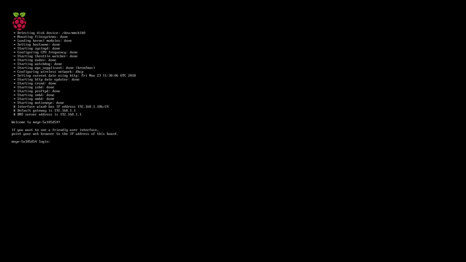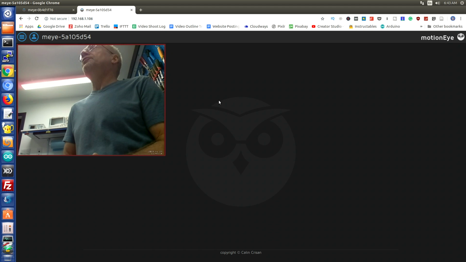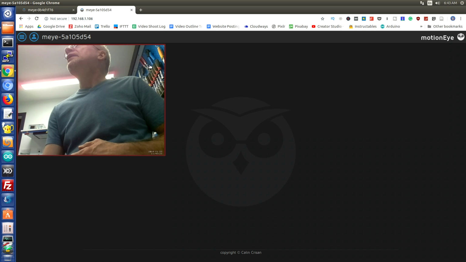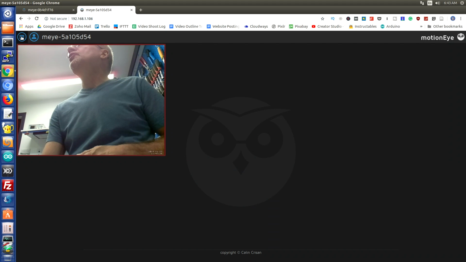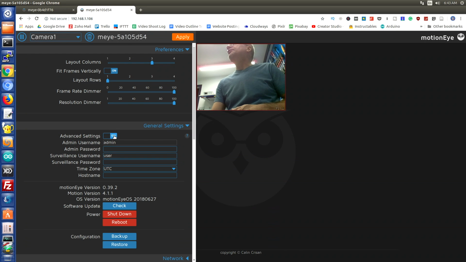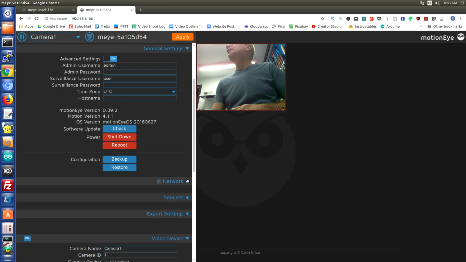Now let's take a look at what we're actually getting as a picture from this thing. So here's the image from my Raspberry Pi Zero camera. As you can see, it's similar to the image from the Raspberry Pi 3 camera because the camera is sitting right beside the other camera, and it seems to work quite well. Now once again, I'm going to want to go in here and change this to be a static IP address. So I'm going to put the advanced settings on. Go down to Network,